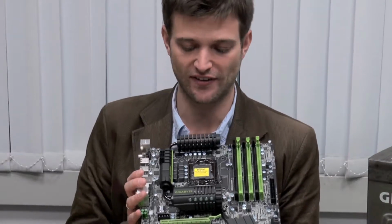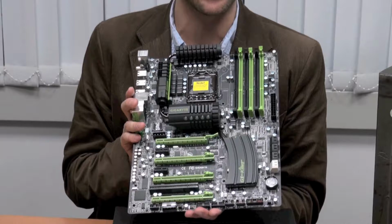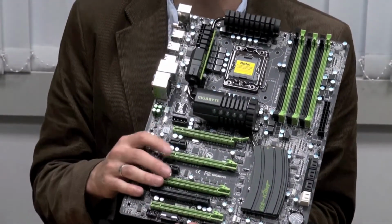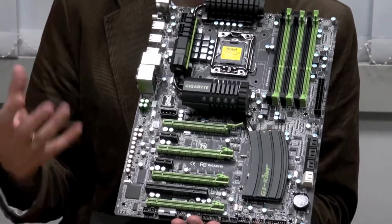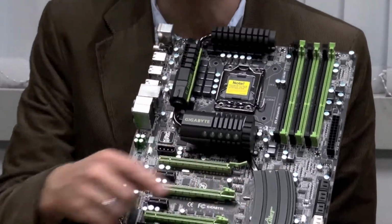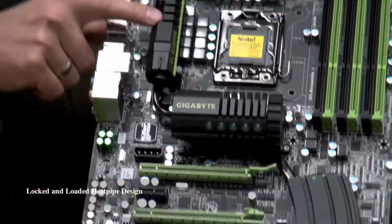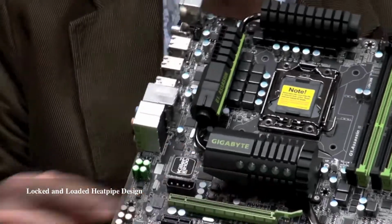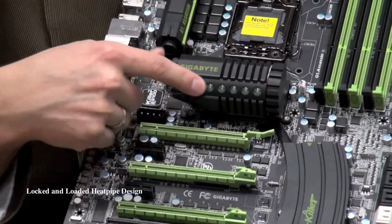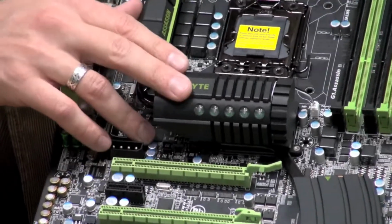Again, as you can notice, this is a very different color scheme from Gigabyte's usual blue and black motherboards that we have currently. This is the green and black motherboard, so we try to make it more army feel. And as you'll notice, the heatsink as well is specially designed to fit the gaming lifestyle, I guess you could say. We've got the pistol and the ammo clip, and it also plugs in your motherboard so you can have some LED green lighting. So this is cool if you're using this in a chassis to show off some of